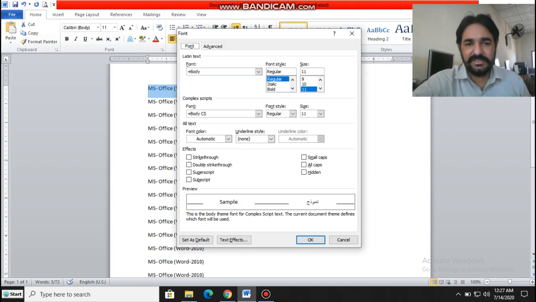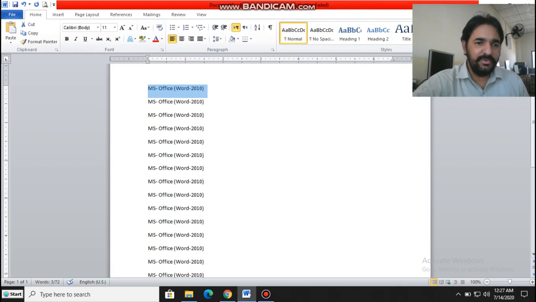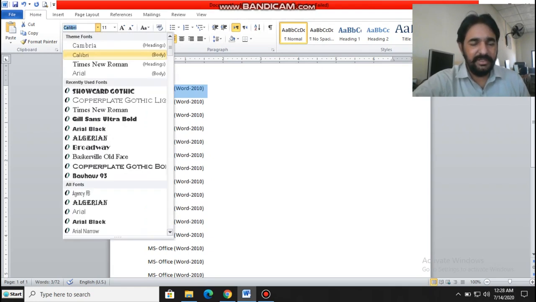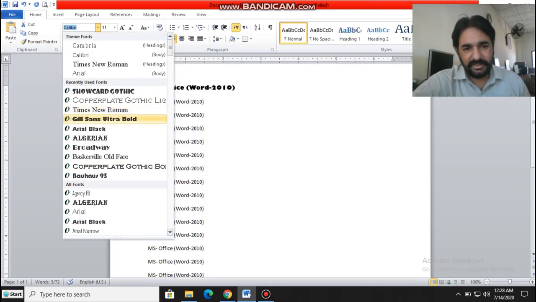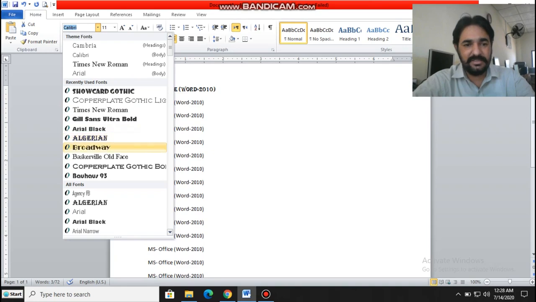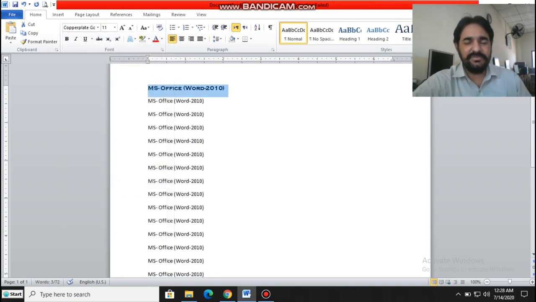Now you can see this is also there, and the graphical environment is also there. You can change your document setting from this place. I am going to perform one by one. Now these are font themes. If I go on a new theme, you can see the effect of that theme on the selected text. I am selecting this one, and now you can see the effect of one particular operation.